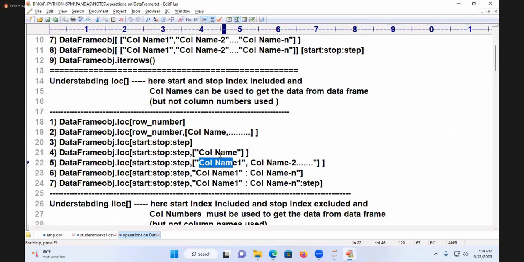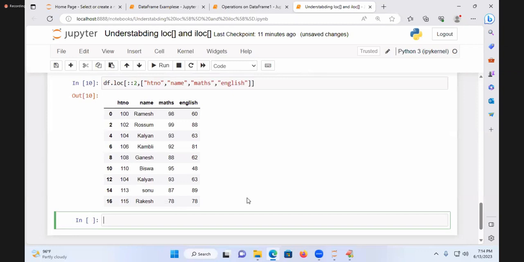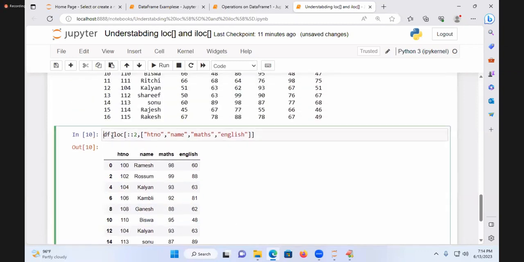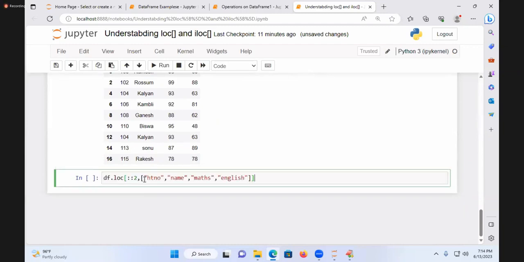See that? One column name you can pass. Column name 1, column name 2, n number of column names. See, start to stop step. For example, I want all the column names. How do you write it? Tell me. I want all the column names. There you need to write hall ticket number, name, Hindi, maths, etc. Are you following me? Instead of writing that,